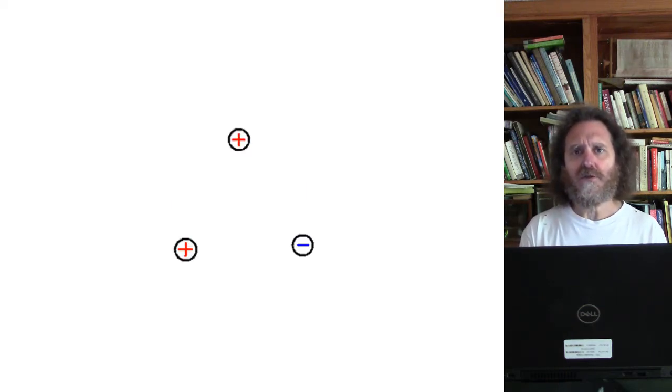Here are two positively charged particles and a negatively charged particle. Well, each of these particles has two forces on it, right? So the topmost positively charged particle is being attracted toward the electron. That's that one arrow pointing toward the electron, or the negatively charged particle. And it's also being repelled by the other positively charged particle, so the other arrow on there indicates that. So each particle has two arrows on it,